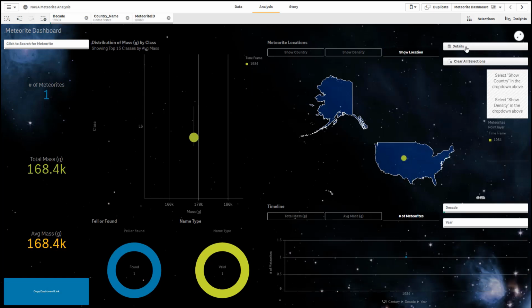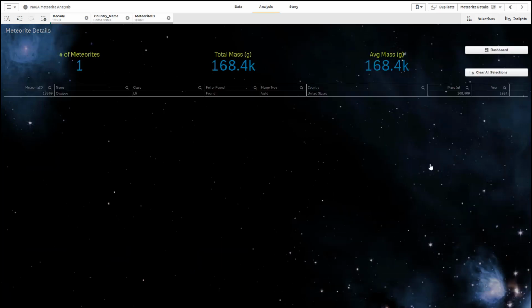I want to find out some information about this, so I'm going to go to my details page. Notice my selections have persisted as I go to another page here, and I can see the ID, the name, I can see the class, I can see the mass of this particular meteorite as well as the year that